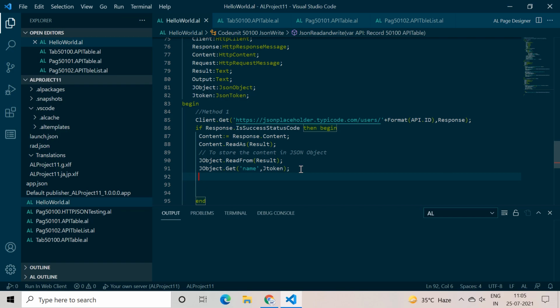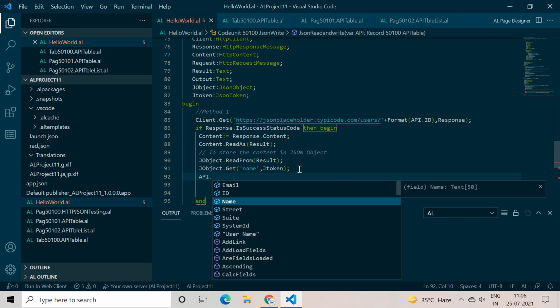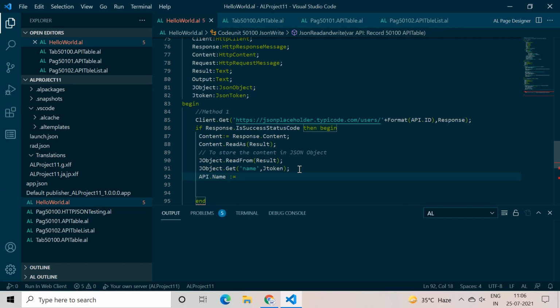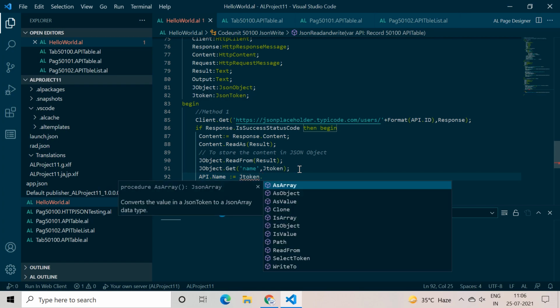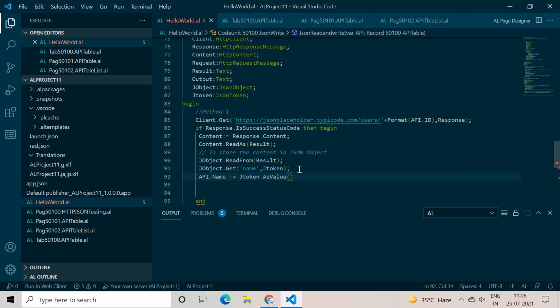So the next step is that we can pass this name value into my table field. So let's call here my table field and pass it the name. How to pass it? Call this JSON token and press dot, and we know that we want to copy the value available in the JSON token, so we will select value.